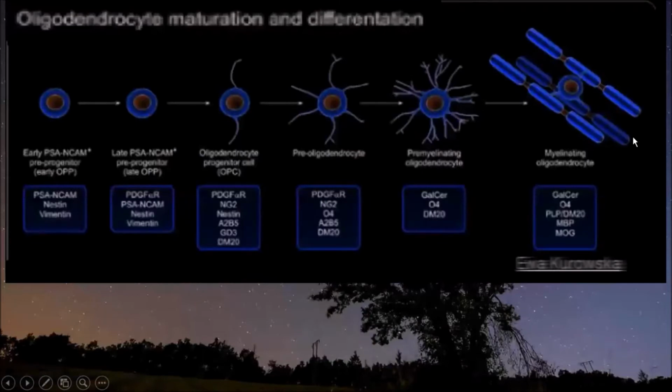Sorry for the quality here, but this is the best I could find on maturation and differentiation, just showing how we have these precursor cells. And they believe on some level the precursor cells are like Johnny Appleseed. They get spread by these progenitor cells that move around and create these basic cells. There's a progenitor there, and then the precursors are here, and